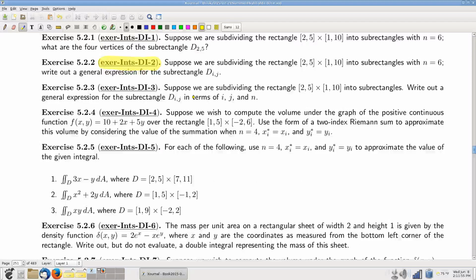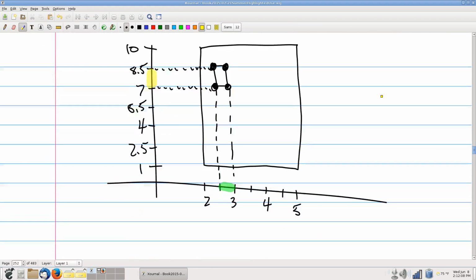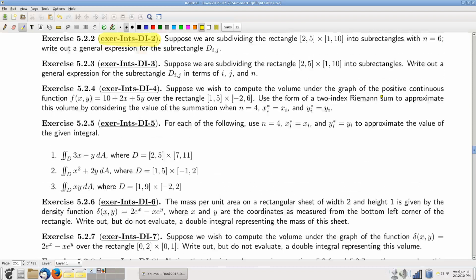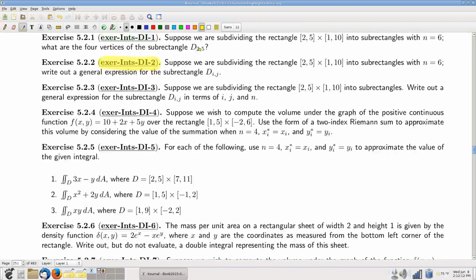Okay, so for the second problem, it's making a reference to the same rectangle as the first problem, right? So I'm going to keep this same picture. Again, n equals 6. So really, same picture as we had down here, right? This exact same picture. But now, instead of looking specifically at the 2, 5 subrectangle, we want to talk about